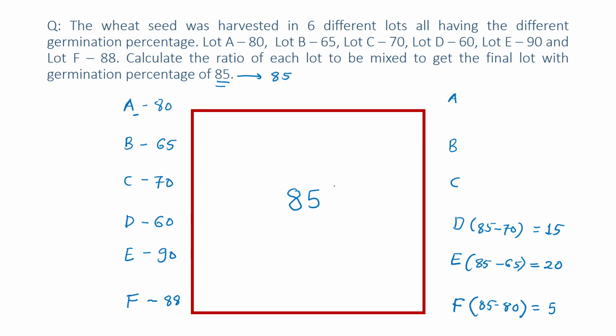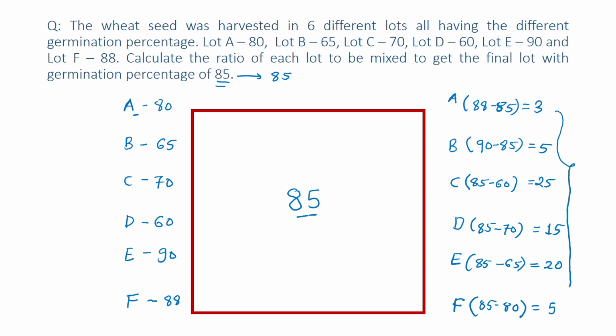Then for D, diagonal is C. So it will be 85 minus 60. That comes to 25. Then for E, diagonal is B. 90 minus 85 again comes to 5. Then for F, diagonal is A. So 88 minus 85, that comes to 3. So this is the ratio which we have to mix in order to get the 85%